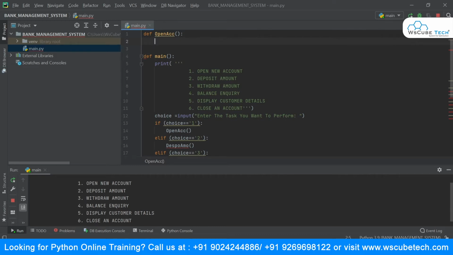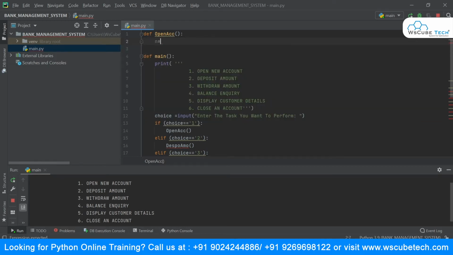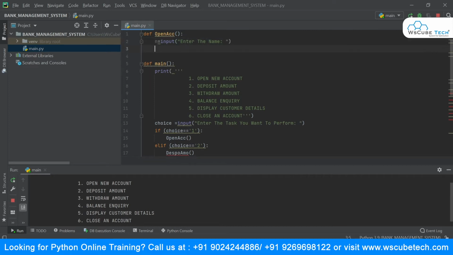So I will first say let the variable name be n for name, equal to input, enter the name.